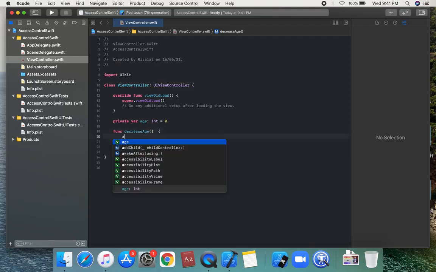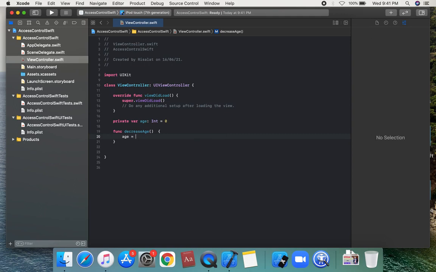Inside decreaseAge we write age minus equal to 1, and that is the accessibility on this class.